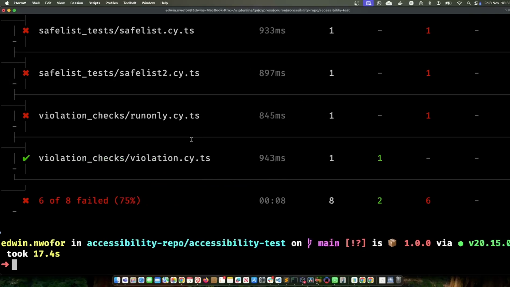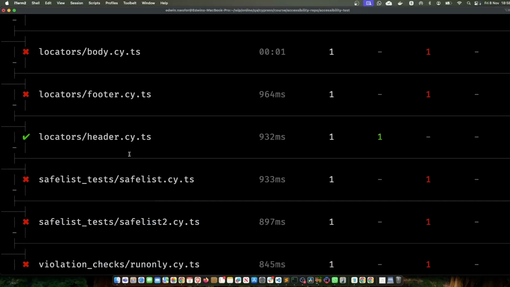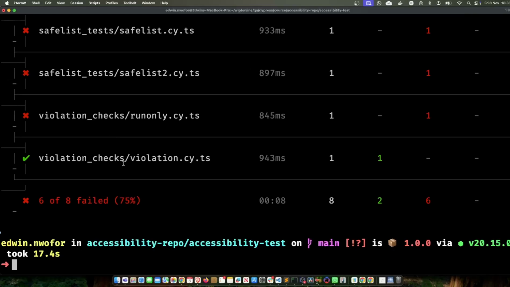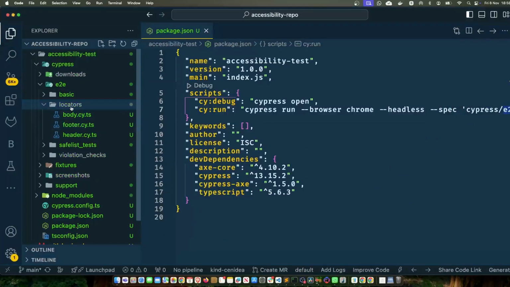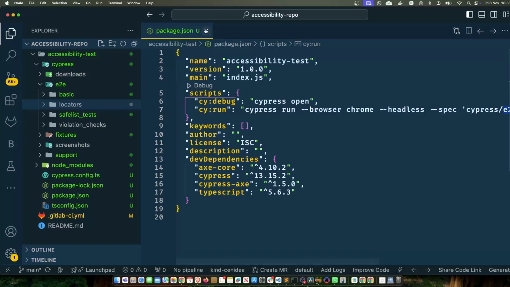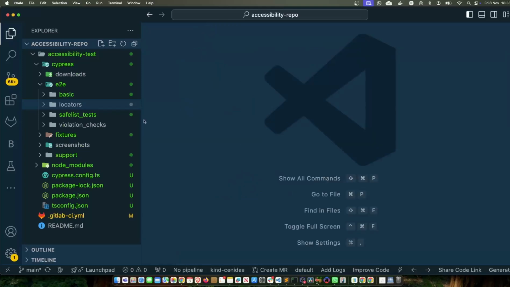But if you look at the tests, you see those that we're expecting to pass and to fail, so only 2 out of all of our tests pass. If you remember, these are all our accessibility tests. The other thing we can do in preparation to go into the pipeline, now that we've sorted out running this,